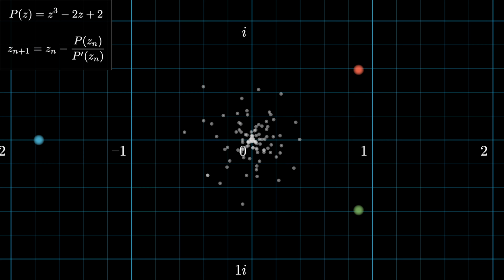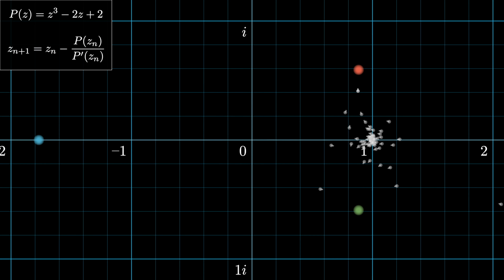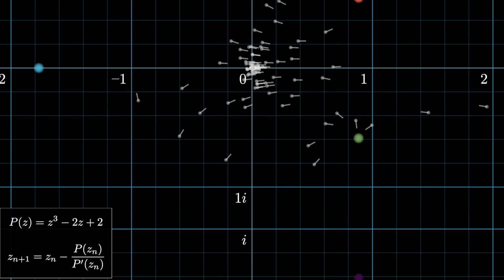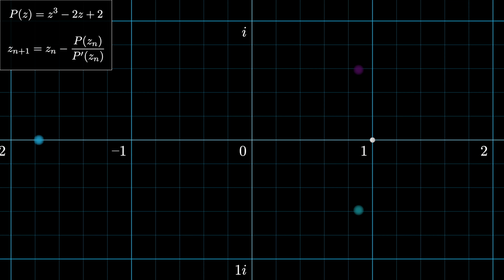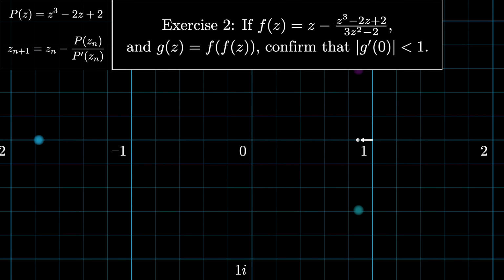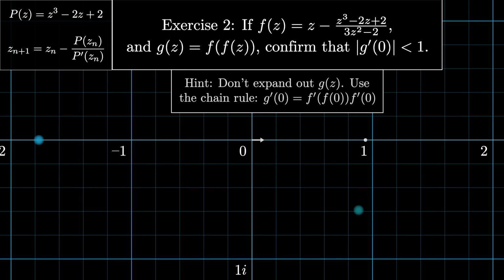And, well, okay, in this case the cluster we started with was a little bit too big, so some of the outer points get sprayed away. But here's what it looks like if we start with a smaller cluster. Notice how all of the points genuinely do shrink in towards the cycle between 0 and 1. It's not likely that you hit this with a random seed, but it definitely is possible. The exercise that you could do to verify that a cycle like this is attracting, by the way, would be to compute the derivative of f of z. And you check that at the input 0, this derivative has a magnitude less than 1.